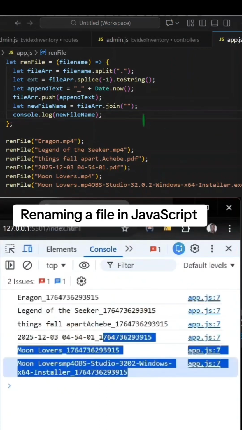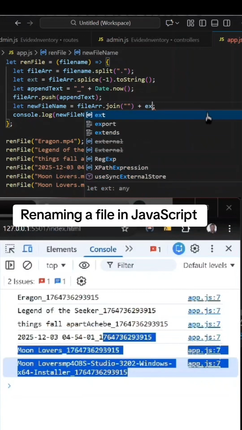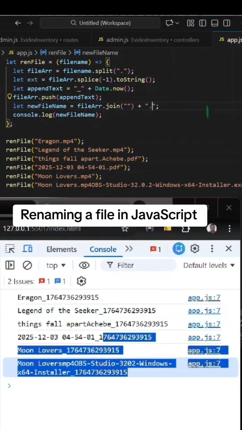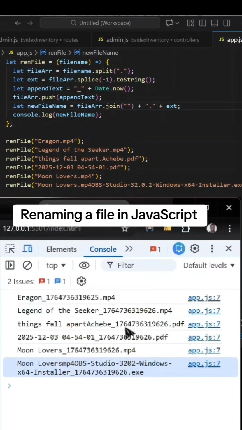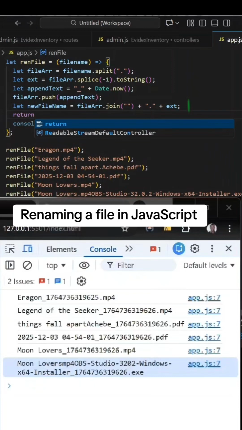Okay, now we need to add the extension, right? So we're going to add the extension here because we know that that is the last element that comes in. So we put our dot and add the extension. All right, so if we do this, we get something that looks like this. All right, so we have successfully renamed our file. So we can return this value if you are done. We can actually return the new file name from this function. So whoever calls the function is going to be getting a new file